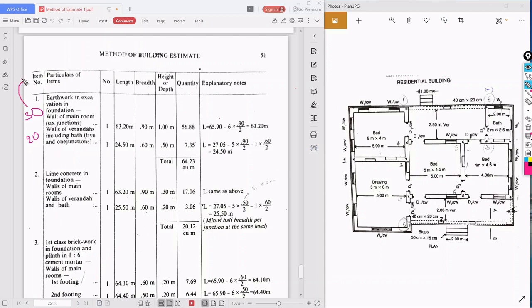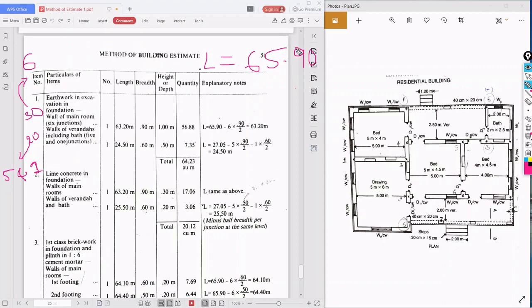Whenever 30 centimeter wall is there, what are the junctions? 6 junctions are there. Whenever 20 centimeter walls are there, 5 junctions with the 30 centimeter wall and 1 junction with 20 centimeter wall. You need to keep this in mind. Okay, so first work is what? Earthwork in excavation. So what is the length? We need to calculate the length. So what is the length given? That is